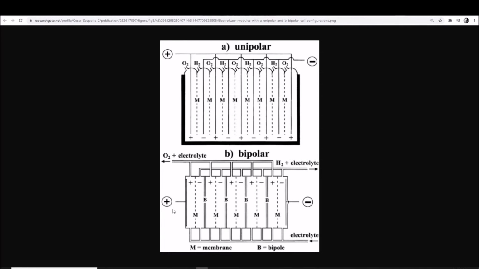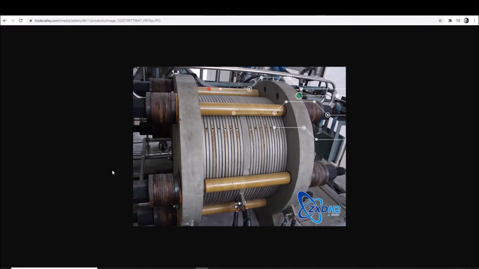If you're familiar with dry cells or HHO cells, you'll notice that they call them neutral plates. That's actually not technically the right term, because in a commercial scale electrolyzer, most of the electrodes are what they abbreviate as neutral plates, which they're not really neutral because current's still passing through them, and if current passes through each electrode, it forms an anode and a cathode on each side of that electrode. So if you imagine